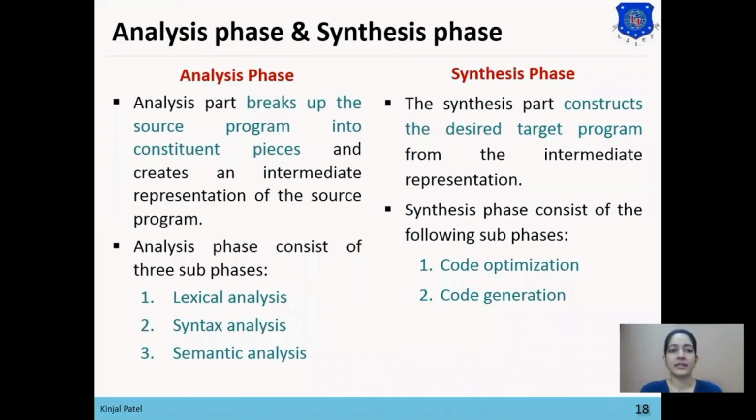So the next topic is phases of compiler. The phases of compiler consist of the analysis phase and the synthesis phase. So all these 6 sub phases of the analysis phase and synthesis phase are included in the phases of compiler. We will learn these 6 phases in detail in our next lecture. In this lecture we have learned different types of translators, the context of compiler, and the analysis and synthesis model of compiler. And in our next lecture, we will learn the phases of compiler, pass structure of compiler, and different types of compiler.